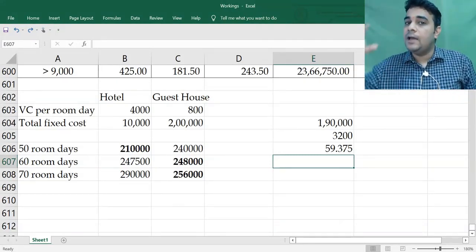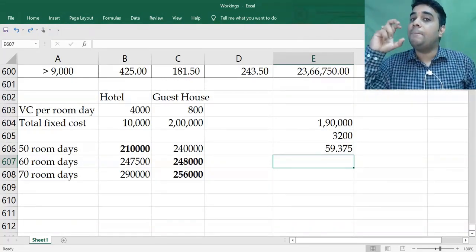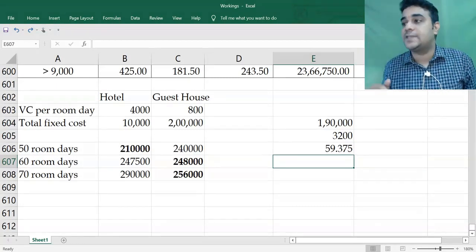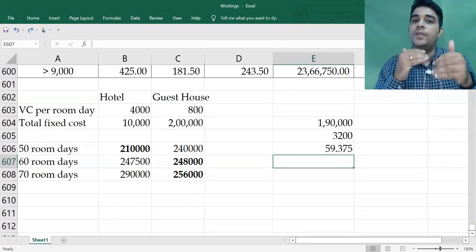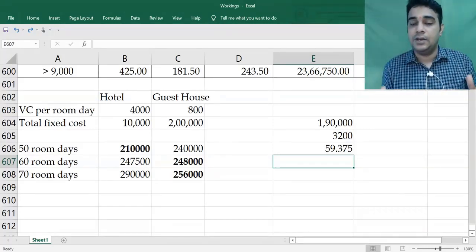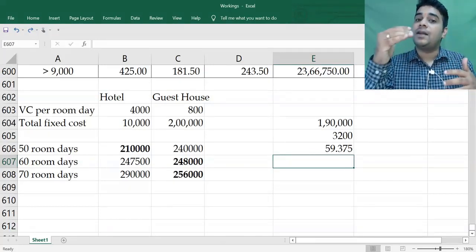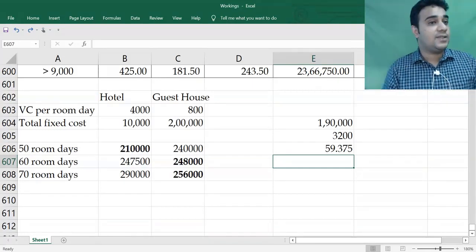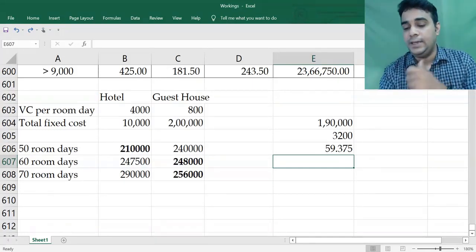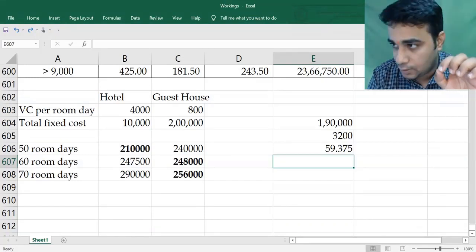Logic is simple. When volumes are less, a company focuses on reducing its fixed cost. For example, if the number of students is less, our focus would be on cutting down on the rent cost, which is fixed in nature. If the number of students goes up, the organization will start trying to cut down on the variable cost, because when you save on variable cost, the savings would be very high. So below the indifference point you select an alternative with low fixed cost.